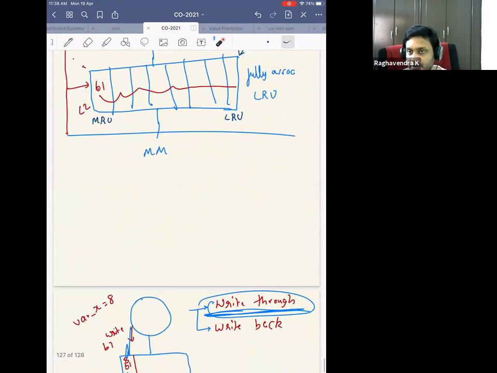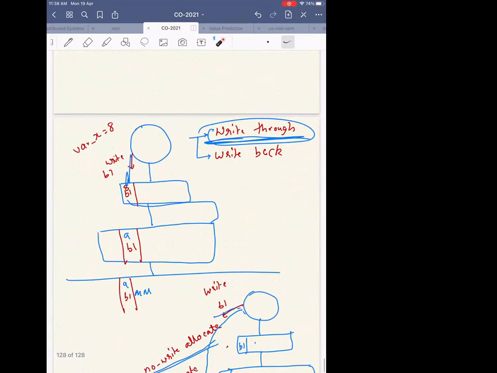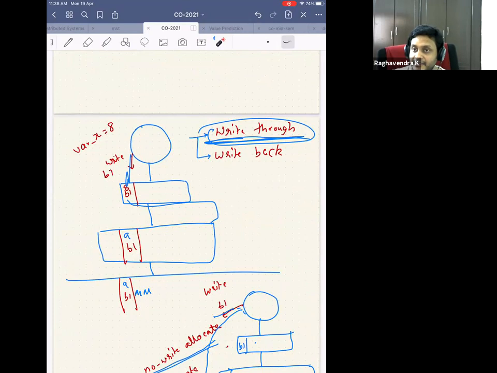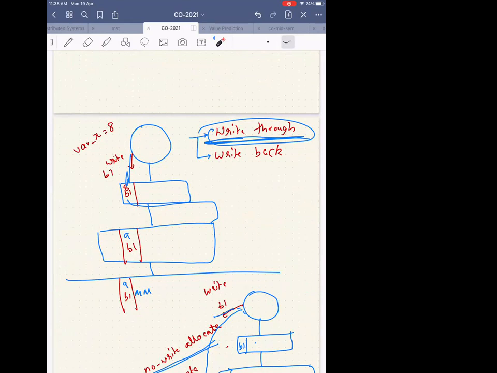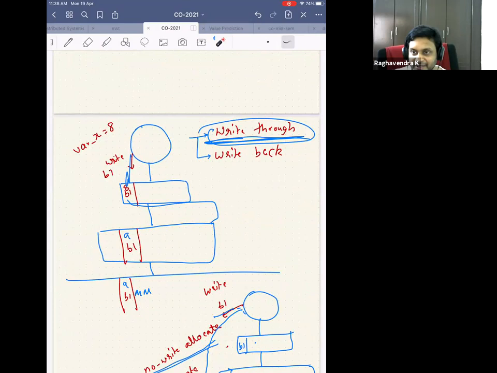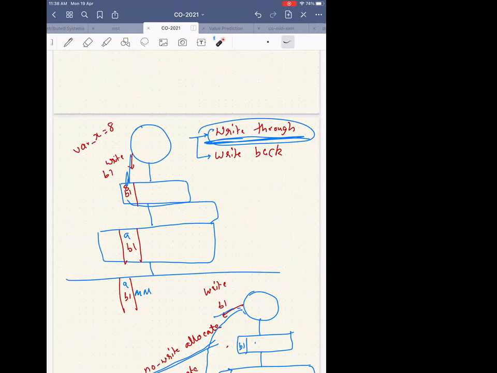So when will you use it? When does it make sense? Maybe when someone else is using the main memory at the same time. Excellent. But who is that someone else? Another processor. Can somebody else use the main memory other than the processor? I'm not saying you're wrong. You're actually right. But who uses main memory other than the processor? Like if you plug in RAM, go ahead. So when the main memory is refreshing?